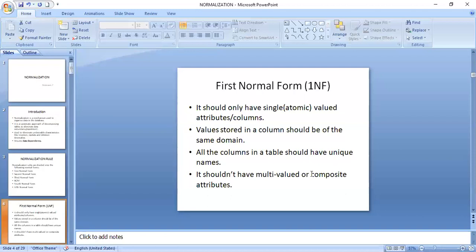Yes or no? So an address can't be simply a door number, which you can't understand. It can't be simply a street number, because within a street there will be many houses. You can't understand what the actual address is there. Similarly, city alone we can't understand, and pin code alone we can't understand. So when you consider address, you'll have to carry all these different values. That is nothing but called a composite attribute.